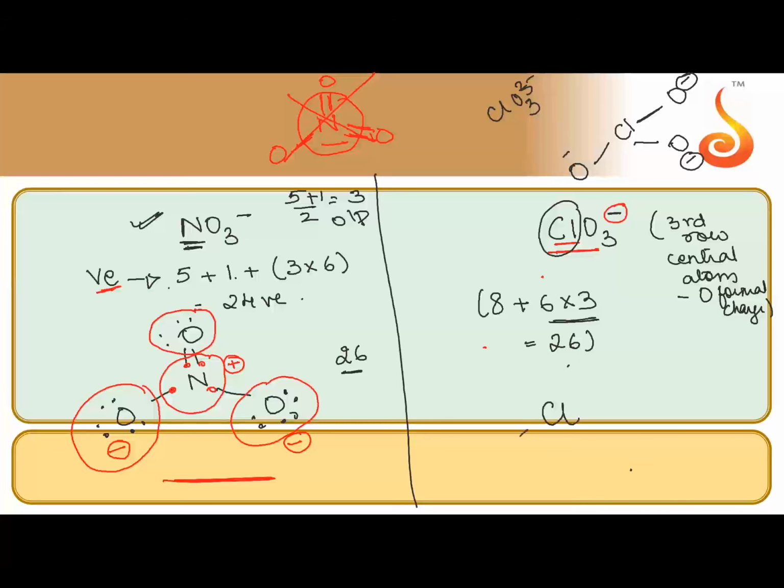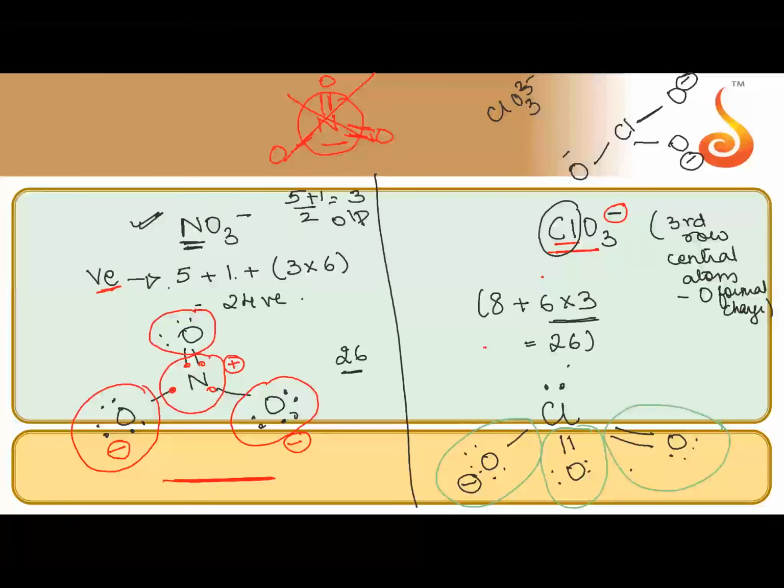So if I take chlorine, if I put one oxygen, one oxygen, one oxygen, I already know lone pair, so I'm going to also put lone pair. Now, because there is a minus charge, I'll put minus here. Just count how many electrons are there. It should be matching. Count the electrons. So here we have 8. This is 8. This is also 8. This is also 8. 24 I have plus 2 electrons. So it is matching, meaning your logic has worked here, where we took this minus 1, meaning one single bond O minus. This is the logic to be used.